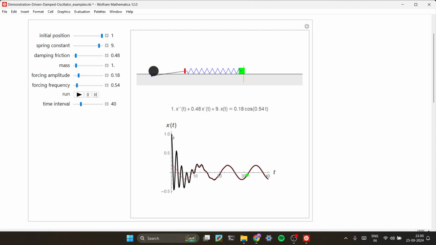So from this diagram, can you tell me where is steady state and where is transient state? So this part, the initial part, all these crazy curves, from here to here, these are the transient state, and from here this nice sine type curve, these are the steady state, right? So this nice curve you are seeing here is actually the particular solution,